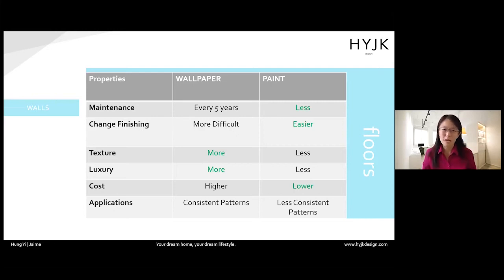So you see a lot of them in mansions, in hotels. There's a lot of wallpaper being used in all these areas. And usually wallpaper is great for very consistent patterns. So if you want something really consistent throughout, you can get a wallpaper. If you want something a bit more unique, a bit more special, and it doesn't need to have very consistent patterns, you can get an artist to actually paint a mural for you.